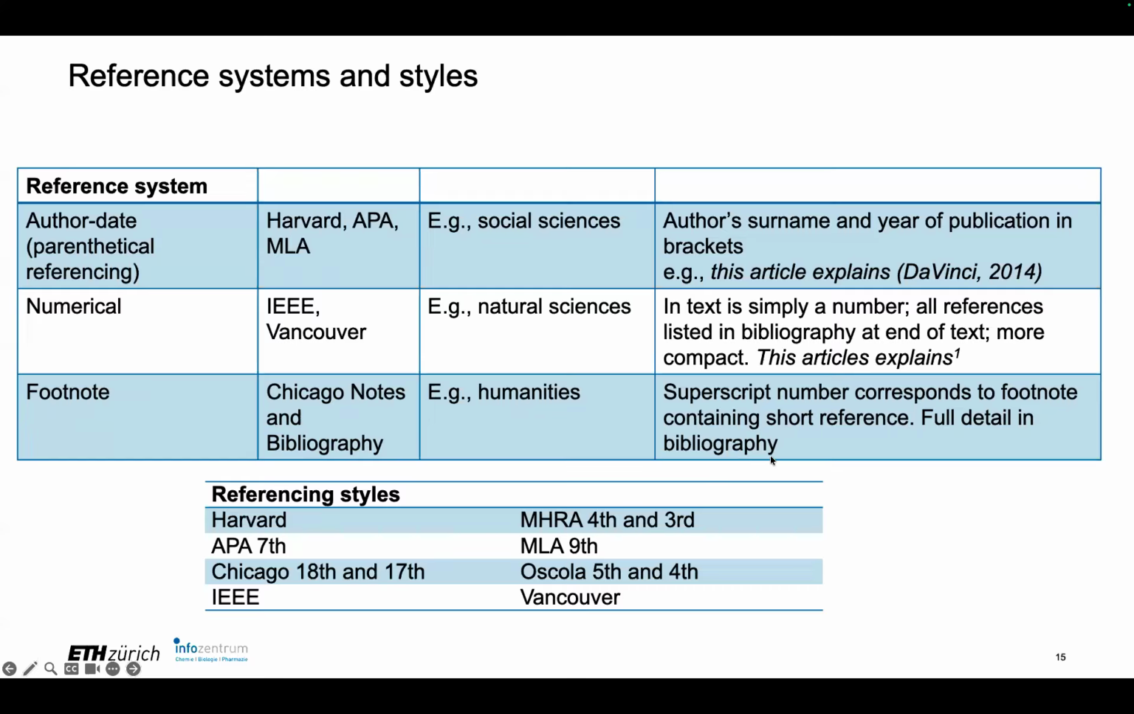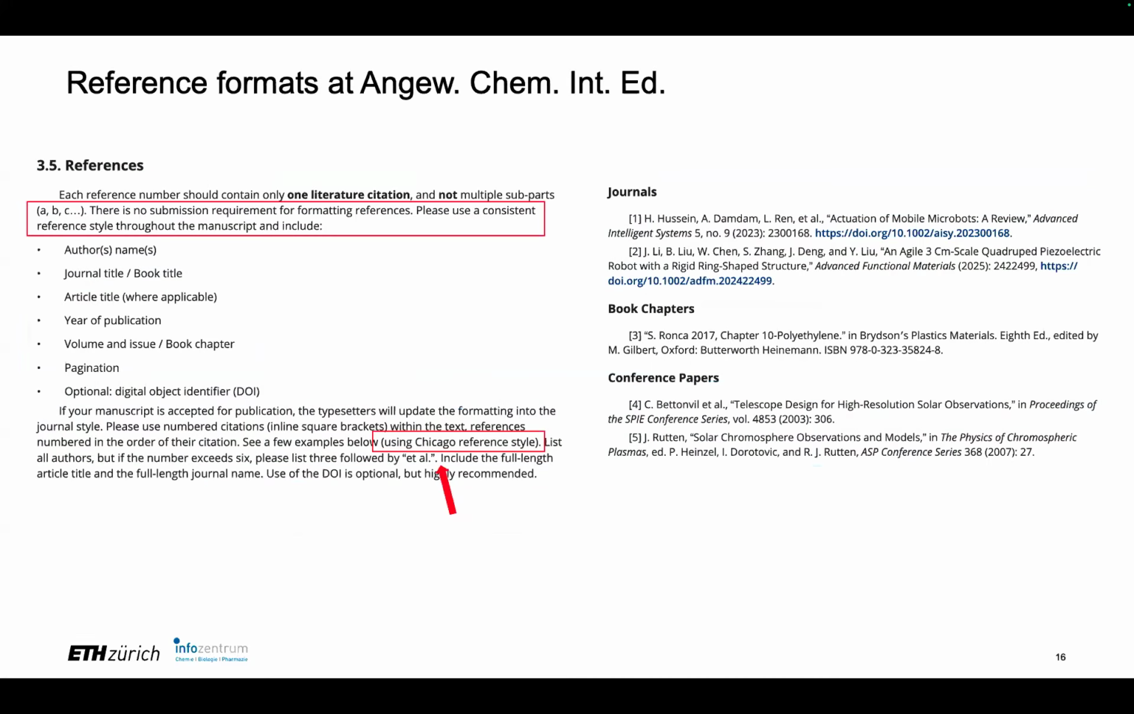So Cite Them Right, this tool covers 8 major reference styles, like the Harvard, the Vancouver style, but there are, of course, many, many more styles. And for that, you would need reference management systems like EndNote or Zotero to know exactly what you need, or you go to